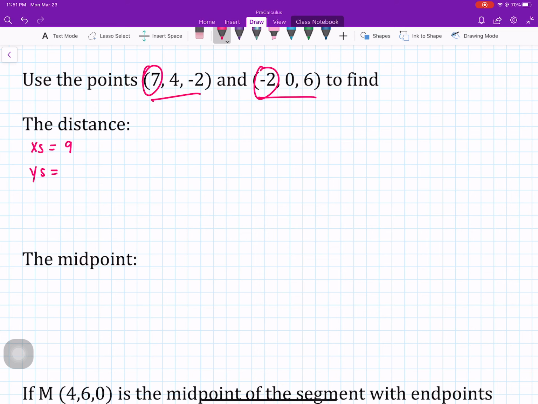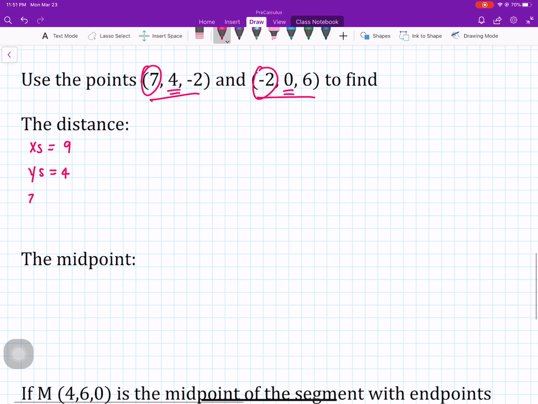Your y's are 4 and 0, so they're 4 apart. That was pretty easy. And then on z's, you're going from -2 to +6, so that's going 8. Up or down doesn't matter because we're going to end up squaring them. And again, it's Pythagorean theorem. So 9 squared plus 4 squared